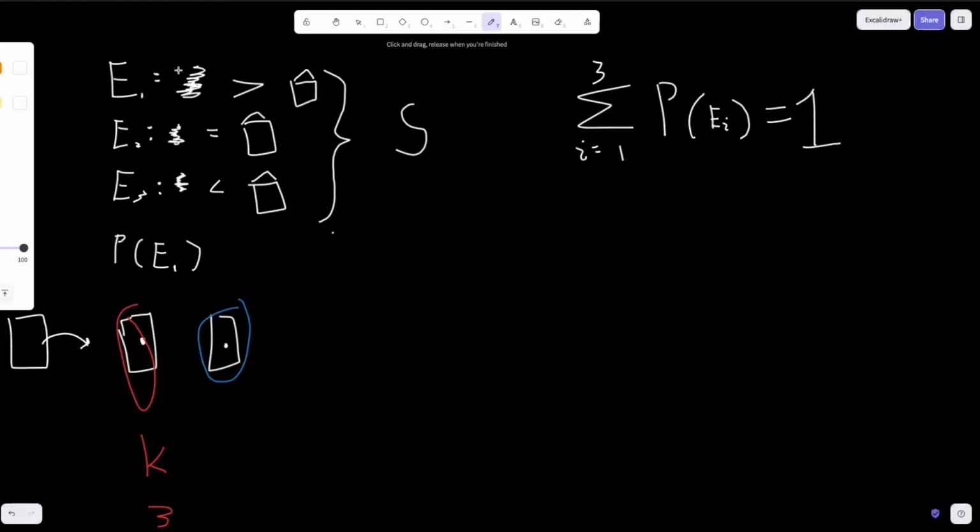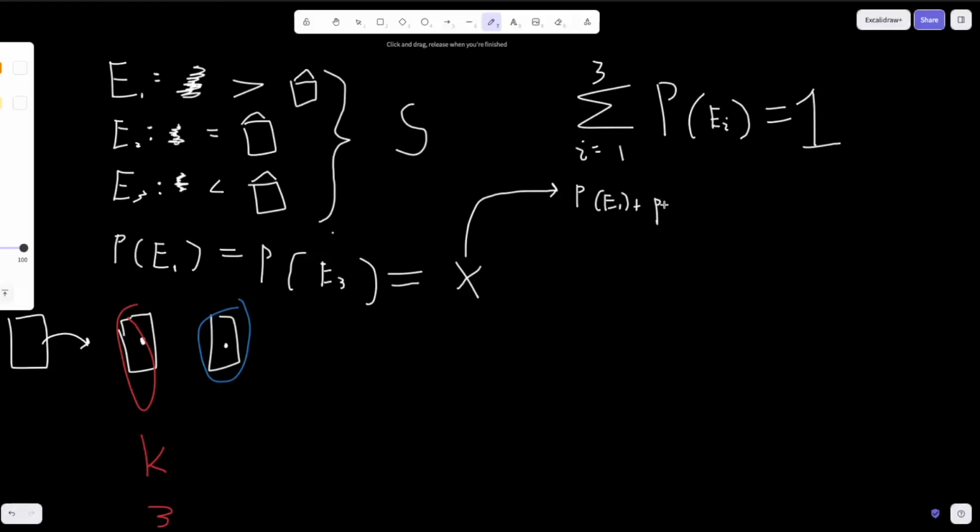So now that we have proved our symmetry between event 1 and event 3, we know the probability of event 1 is equal to the probability of event 3, okay? The probability that we pull a card greater than the house is the same as the probability we pull a card less than the house. And for the sake of our argument, we're just going to call this x, okay? And now let's plug in this x over here, okay? So if x is equal to the probability of event 3, and it's also equal to the probability of event 1, and we know that probability of event 1